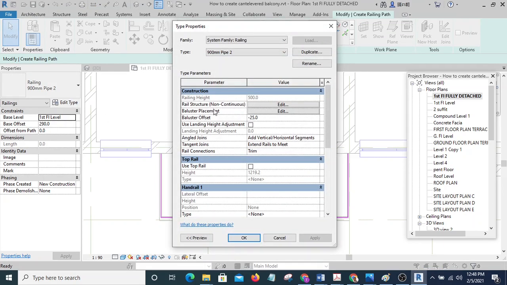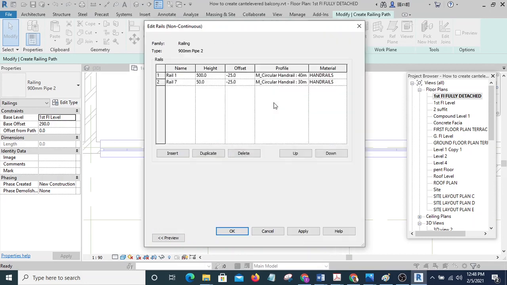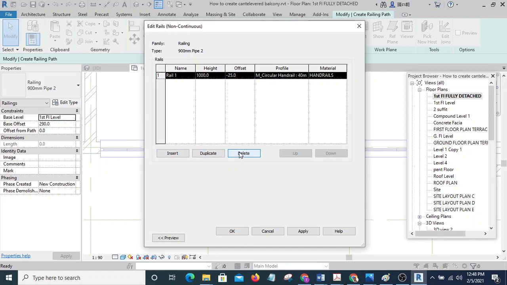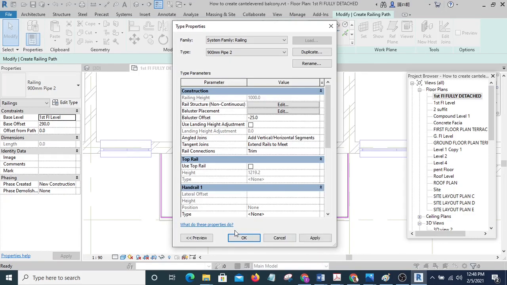You can see under rail structure, you click on edit. The height should be 1 meter, 1 up, 1 down. Let's assume we remove this one, so we only have 1 rail at the top, and we click OK.